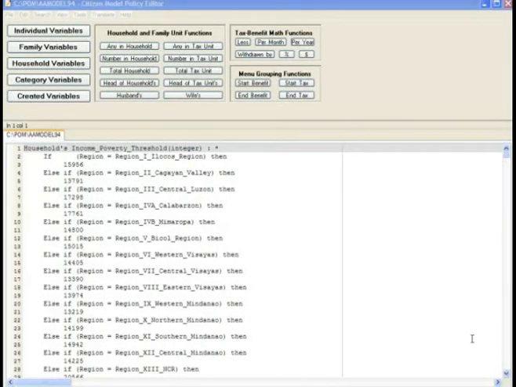Well, this part of the Citizen Model project is much more intended for advanced users. This is a policy editor, and this is not what is recommended for the average user of the Citizen Model. We're assuming that the average user would just want to quickly alter the rate of a particular tax or alter the monthly amount of a benefit and would not want to get involved in computer programming as such. This is a model creator program which simplifies the task of creating a completely new tax